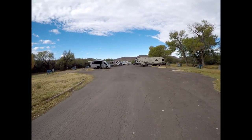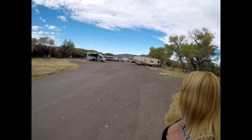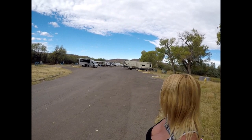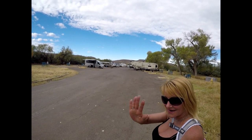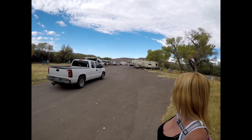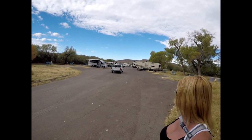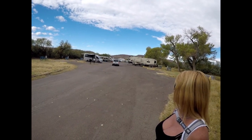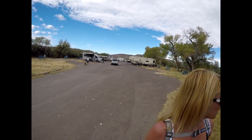Watch out, car. This is the parking lot that we have slept in. It's the campground. It's the RV park, the Rio Grande Village RV campground. It's got full hookups. There are 24 sites, with sewer, water, and electric. It's all good. We saw a coyote, lots of dogs, and a bobcat. There's supposed to be some bobcats out here. Didn't see the bobcat. It's really beautiful around it, and it is essentially a parking lot, but it's still so